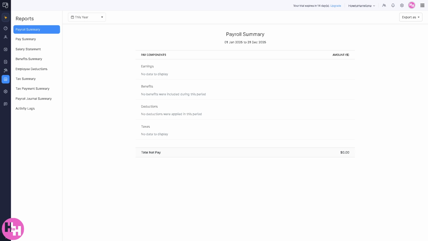Of course, there's going to be the report section where you can generate detailed payroll reports for analysis and audits. You have the payroll summary wherein you can choose from the drop down menu if it's going to be, say, for example, this week, this quarter, this year, previous week, custom,